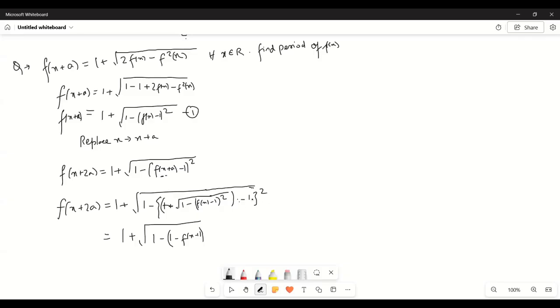तो ये 1 और ये 1 कैंसिल हो गया, ठीक है। और फिर ये वाला 1 कैंसिल होके आ जाएगा, 1 plus root over of 1 minus f of x minus 1 whole square, और इसका स्क्वायर, क्योंकि ये स्क्वायर अंदर शिफ्ट हो जाएगा। फिर ये स्क्वायर और ये रूट कैंसिल हो गया, तो this will become 1 plus root over of 1 minus ब्रैकेट में 1 minus f of x minus 1 का स्क्वायर।